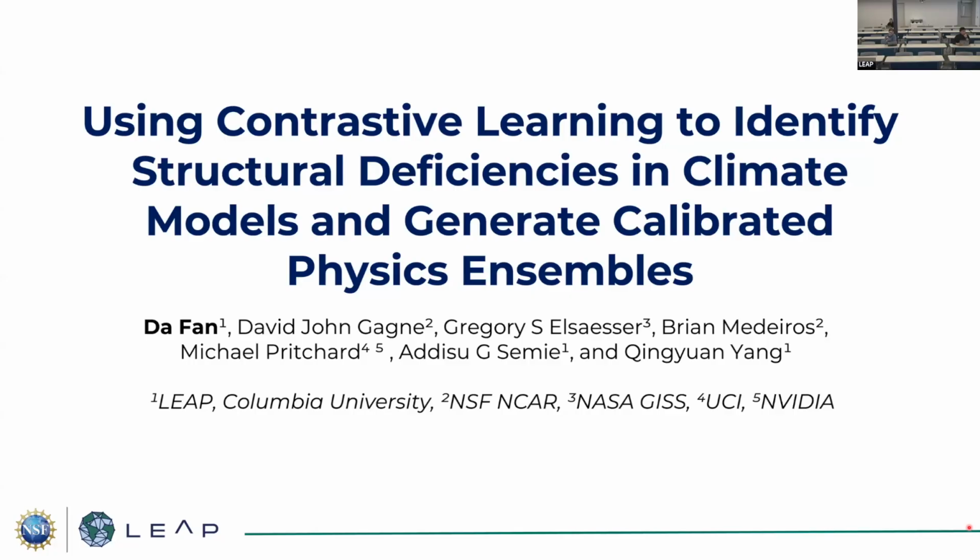Da obtained his PhD in meteorology from Penn State University. He is interested in developing AI models for weather and climate applications, explainable AI, and uncertainty quantification. He's a LEAP postdoctoral researcher developing AI-based methods to identify climate model bias and automatically calibrate climate models. Da is currently based at NCAR in Boulder, Colorado, working on the LEAP project, attributing climate model divergence with hierarchical representation transformers with DJ Gagne.